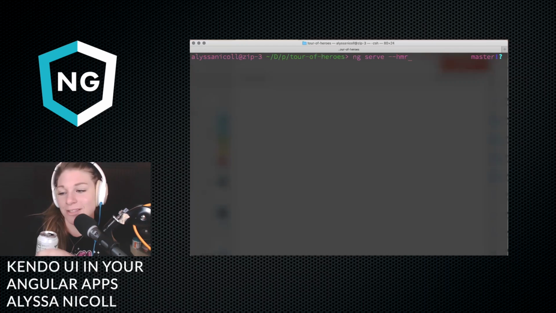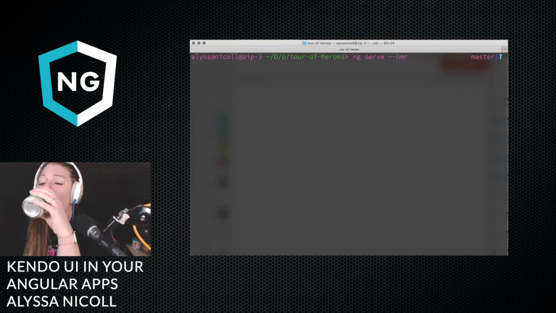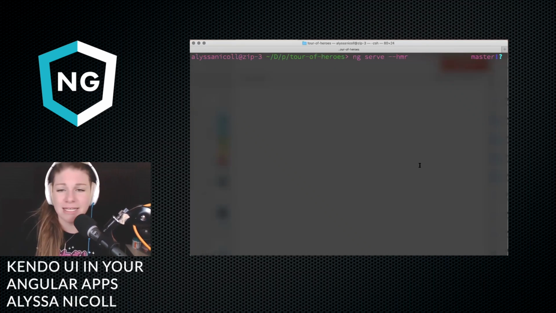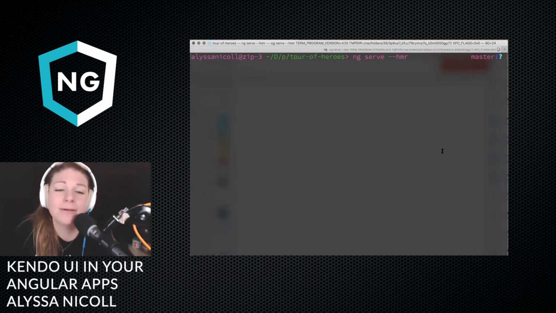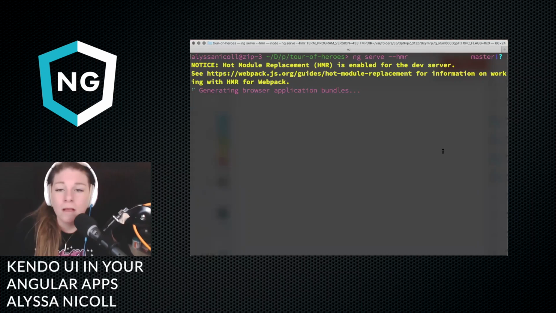See, Nathan's with the reload too. And Brandon said replacement. And Joseph. Good job, guys. Okay, so it is replacement. I don't like that it's replacement, but it is. There it is. Hot module replacement is enabled for your dev server.